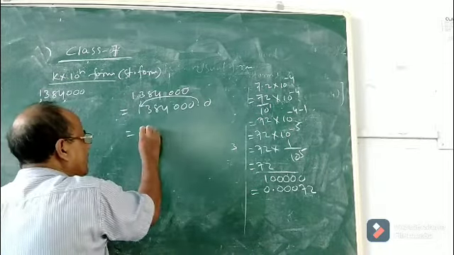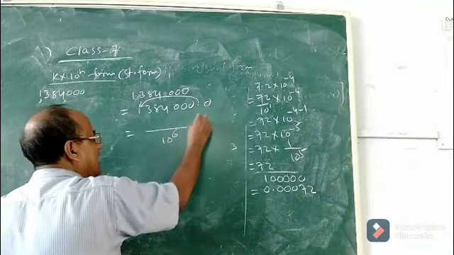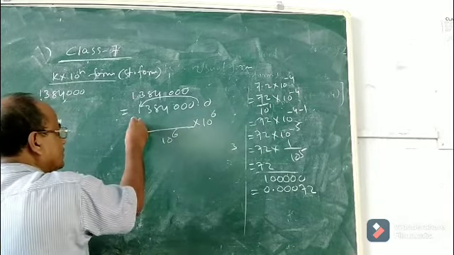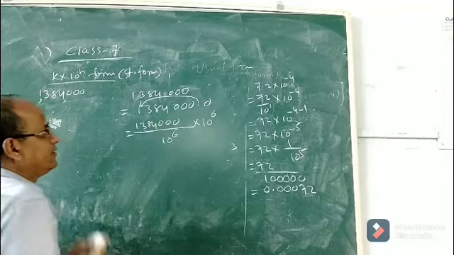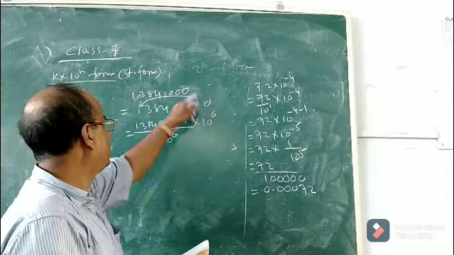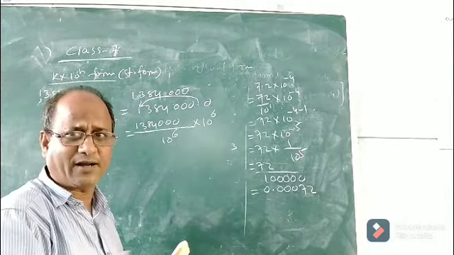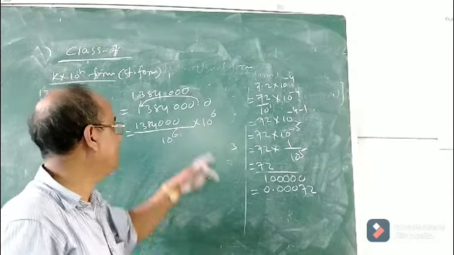So now to shift, what we will do? What is the process I had said? You divide by 10 to the power 6 and multiply by 10 to the power 6. Okay? So it is 1384000. Now, what is the rule? I had said that when the point is shifted from right to left, children, you have to keep this thing in mind so that the calculation will be quicker. Otherwise, it will take a lot of time.